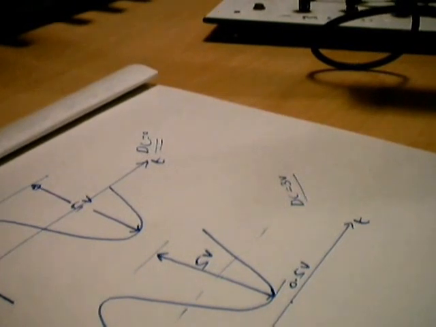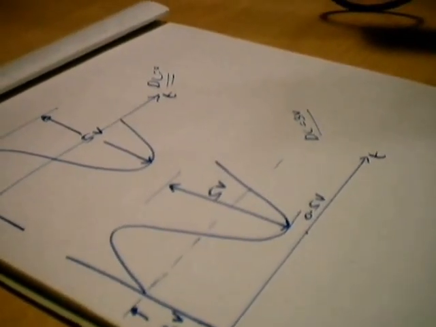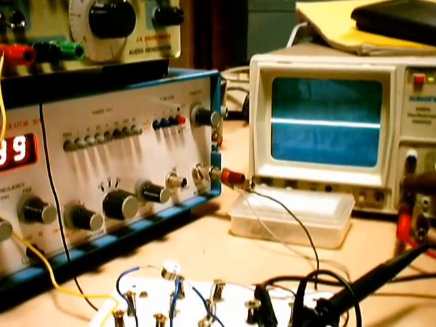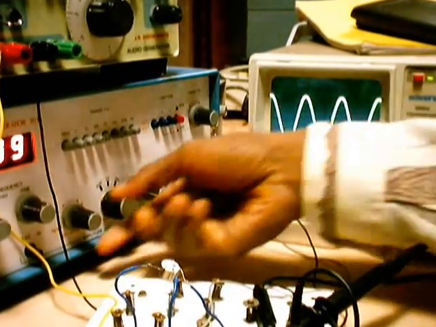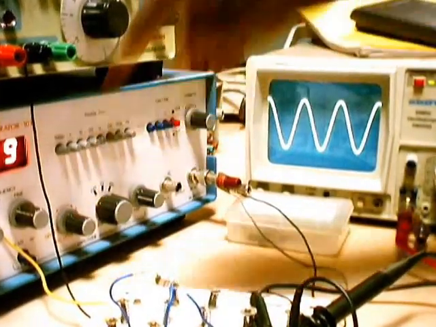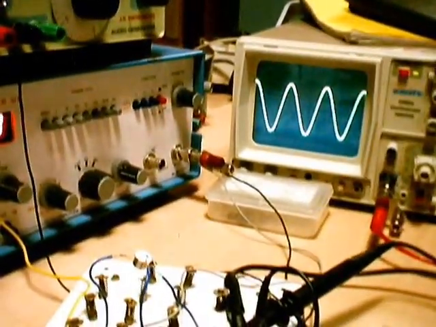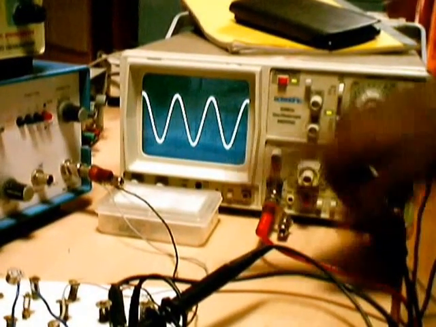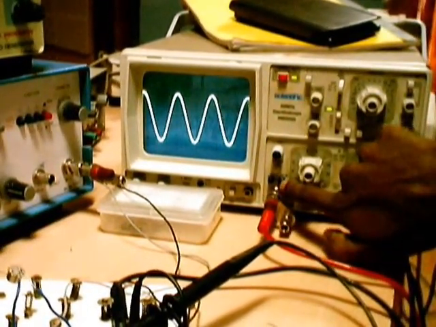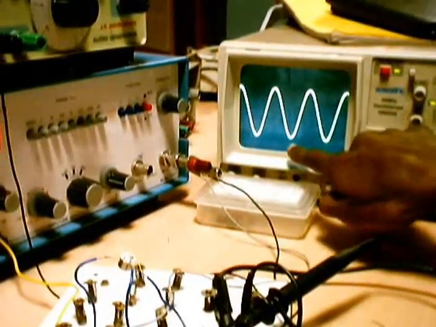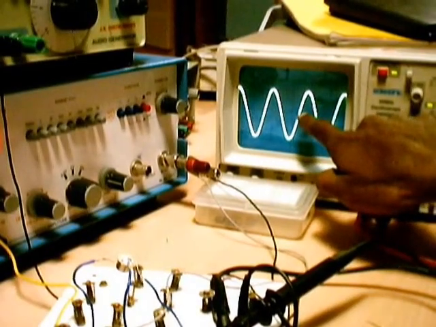So we need to apply the same type of waveform on the oscilloscope. Let us first identify where the reference is. The reference happens to be over here. Now you can see, since I switched off this DC offset, this happens to be a pure AC signal without any DC shift. Now in order to see the DC shift, first we should press this in DC. Now let me just switch on.